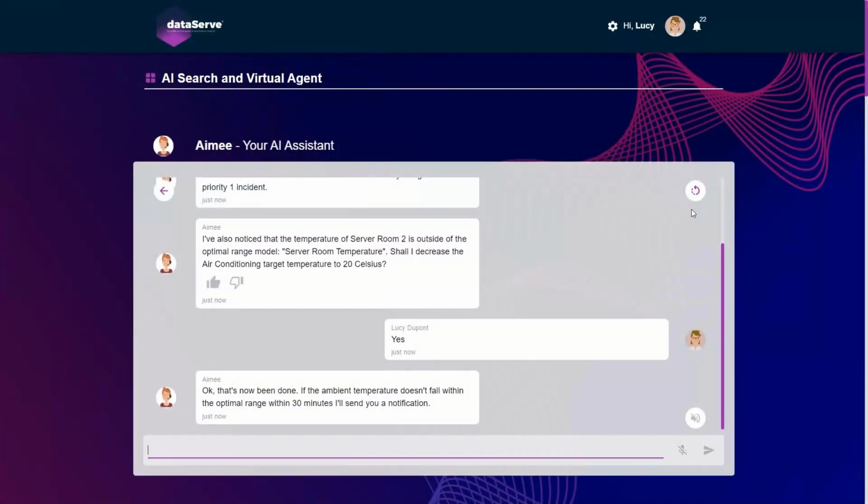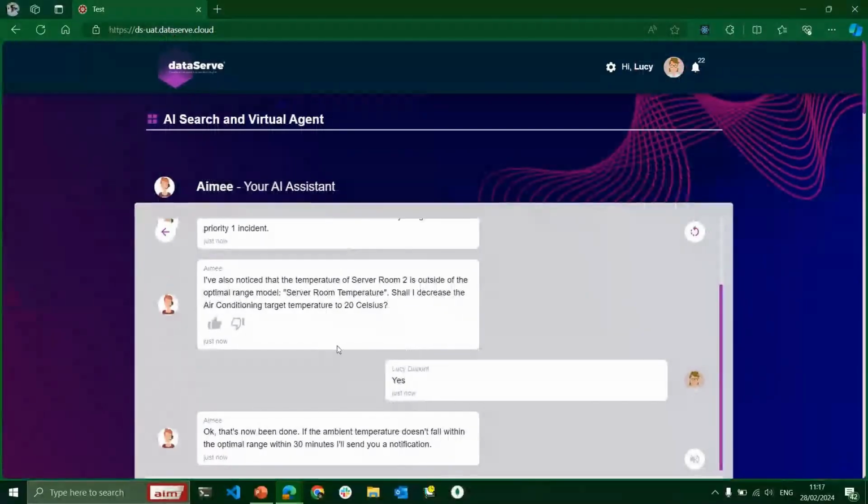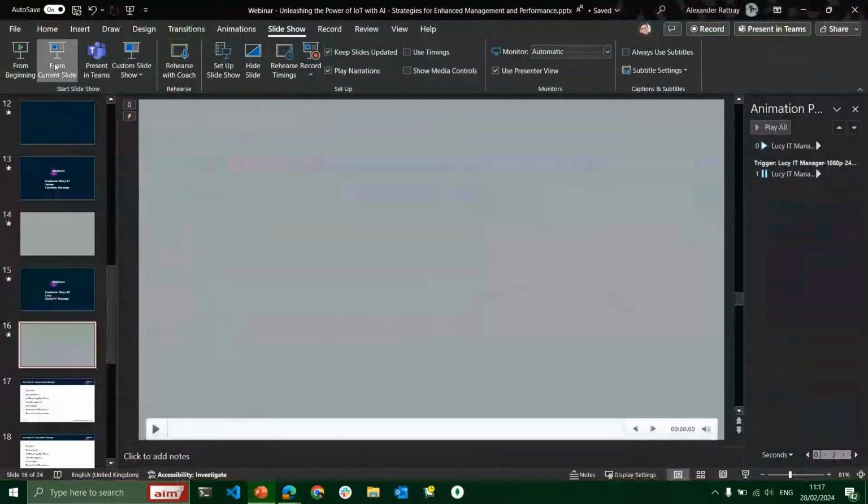But stepping out, we can now see that we're taking those steps to minimize that downtime. The AI has our back and is covering the things that we might not have our eyes on as we're panicking over water all over the floor of the server room. So coming out of that, I'm going to go back into the PowerPoint, excuse me.